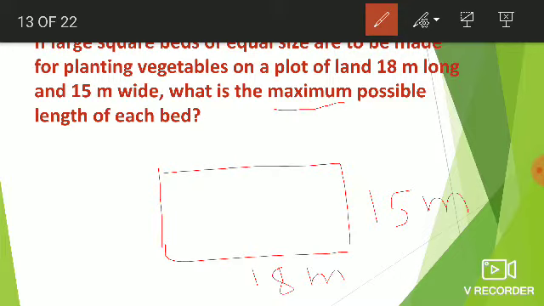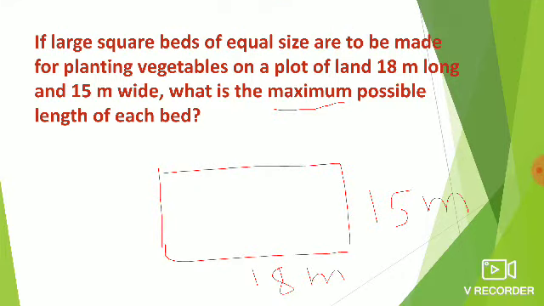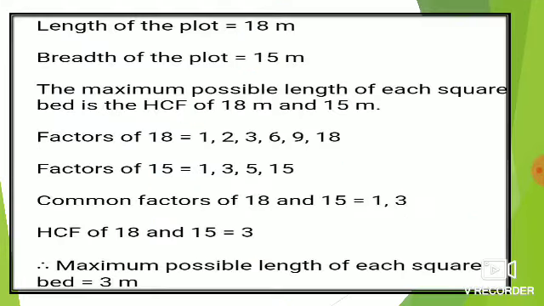Maximum is asked means maximum is bigger, biggest, highest. So here you have to find out the HCF of the numbers. This maximum is the keyword for this example. From that you can understand, here you have to find out the HCF of the given numbers. So length of the plot is 18 meter, breadth of the plot is 15 meter. Therefore the maximum possible length of each square bed is the HCF of 18 meter and 15